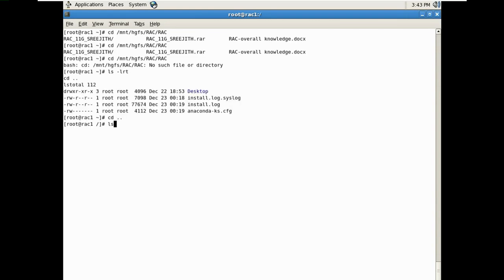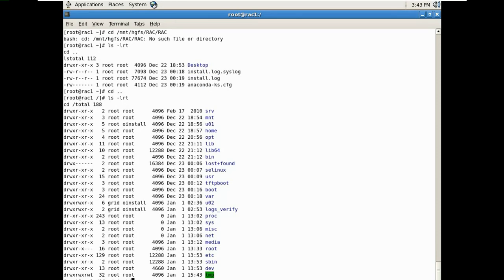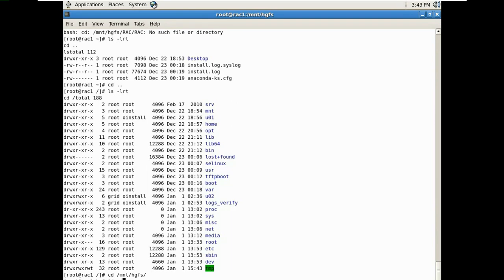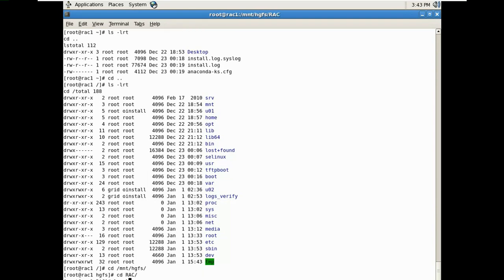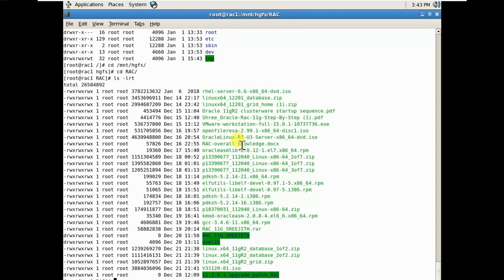I have my shared folder as RAC, inside which I have all the software that I require. I'll quickly unzip file 1 and file 2 of the database,